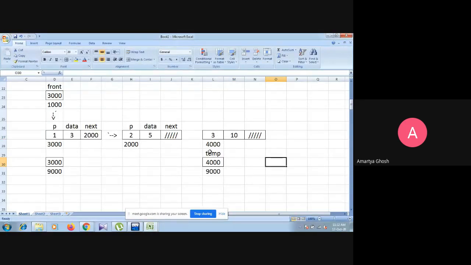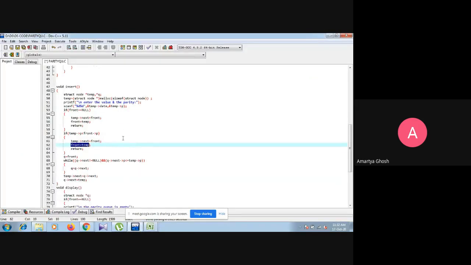And now this node we want to insert within the list, so we don't know how many nodes are there, so we have to check. First we set the q pointer at the first node by q equals to start, or q equals to front, just like the same code. We just changed the name, that is front here. Previously we used start in the single linked list and this time we use front because this is a queue, so we use the name of the starting pointer as front.